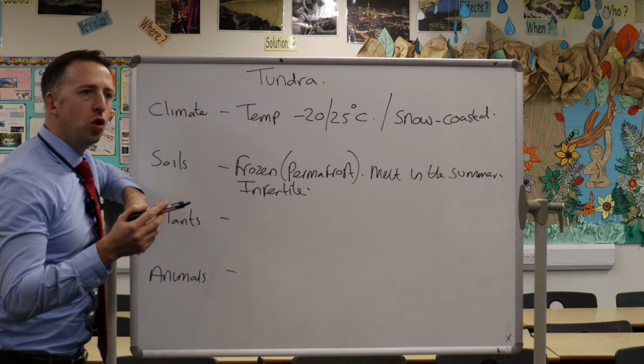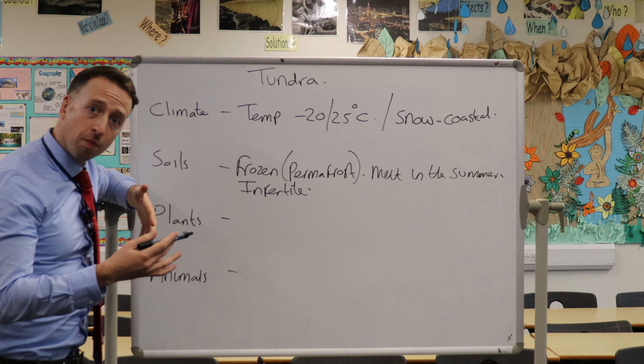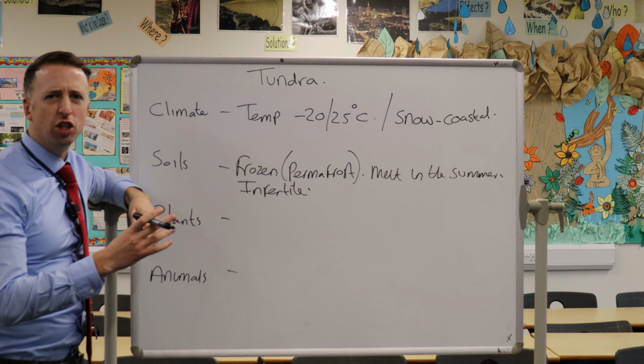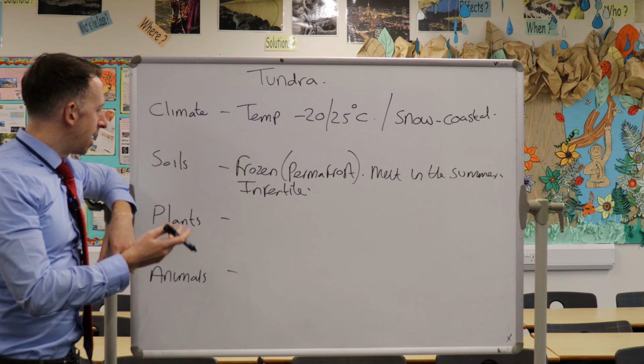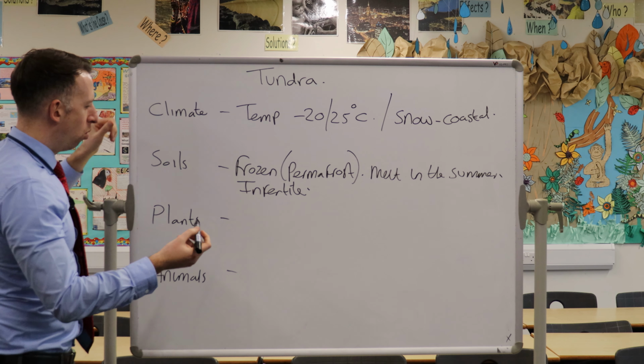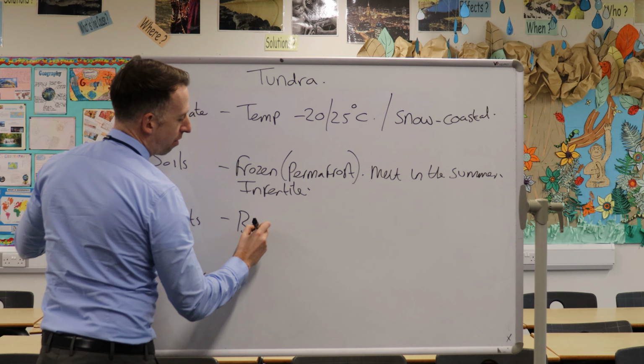When it comes to plants within the tundra region, you do get a lot more compared to the polar region, where you might get a few mosses around the edges of the ice. In the tundra region, you will get more low-lying plants like the bearberry